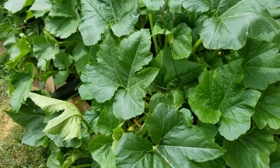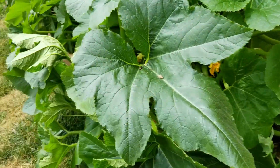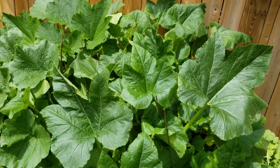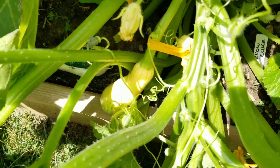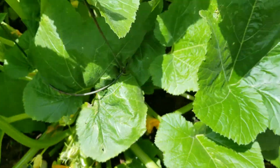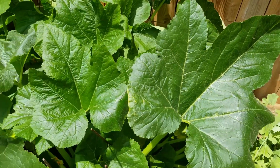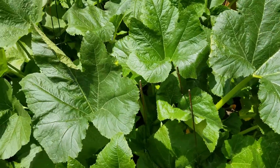And then we have our zucchini plants. Now on the right hand side here, I have seeds that I got in a seed trade that were labeled yellow zucchini. I've never grown the yellow ones before. This is what they're looking like as they come in. But there's this super suspicious one at the back. I'm going to harvest him and then show you guys just so you can see. I'm not really sure if it was a seed that got mixed in. I don't really know. But we also are